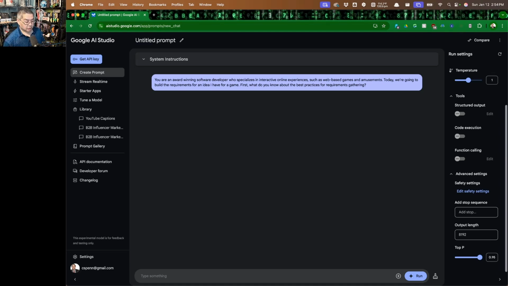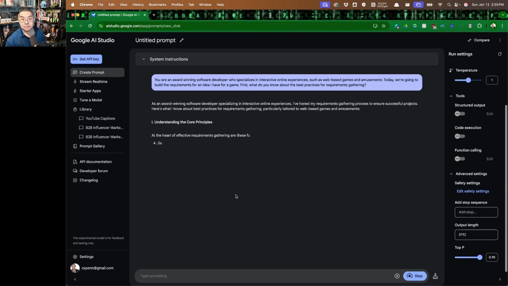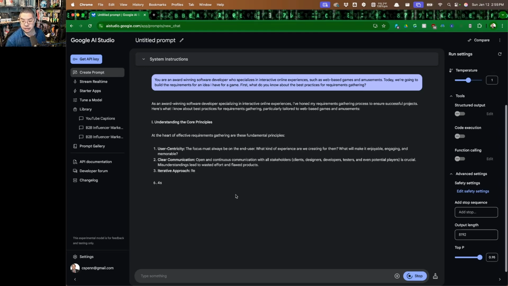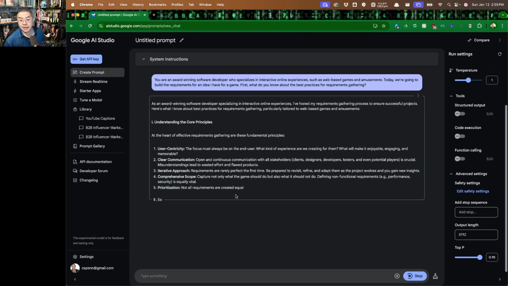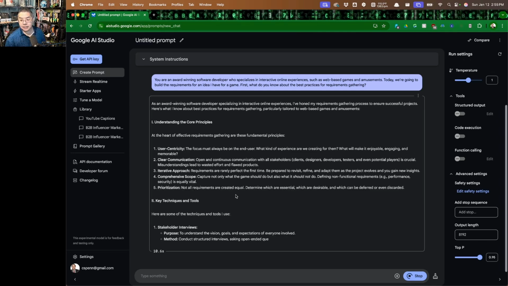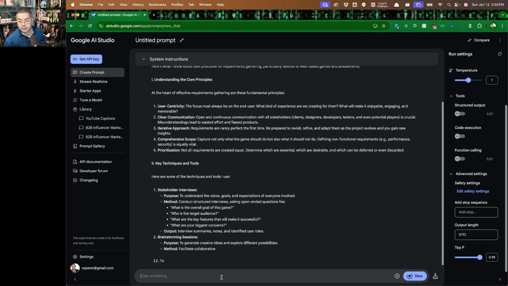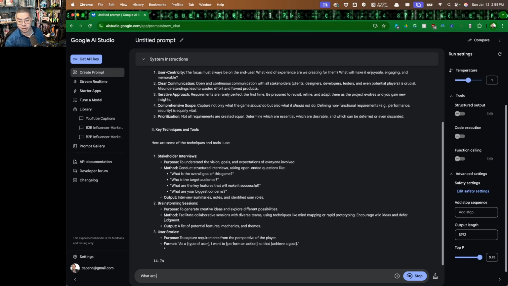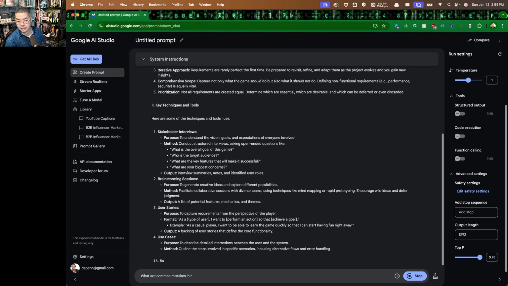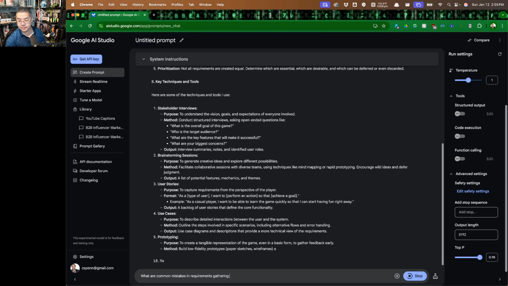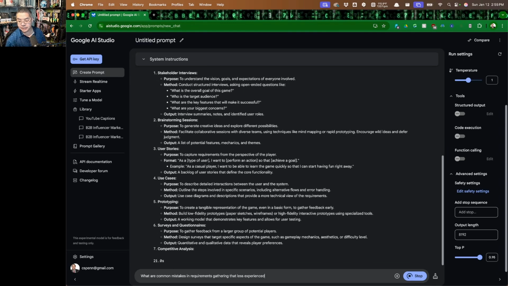This is the role, action, and prime step of the first part of the prime step of the RAPPL framework. What we're going to try and do here is we want the model to essentially tell us how to do this. So it's going to spend a whole bunch of time just talking out loud about, here's what I think good requirements gathering is. The second question in prime is, what are common mistakes in requirements gathering that less experienced